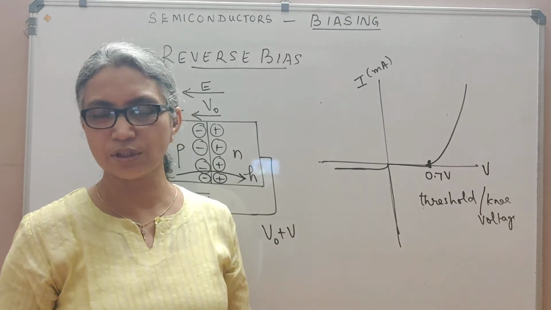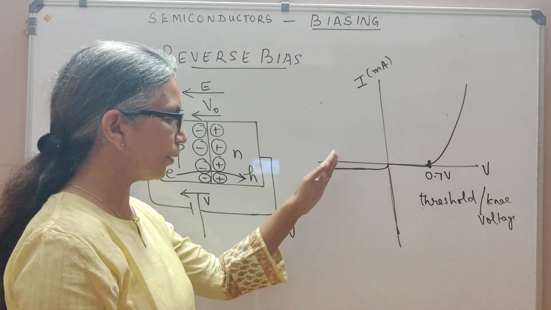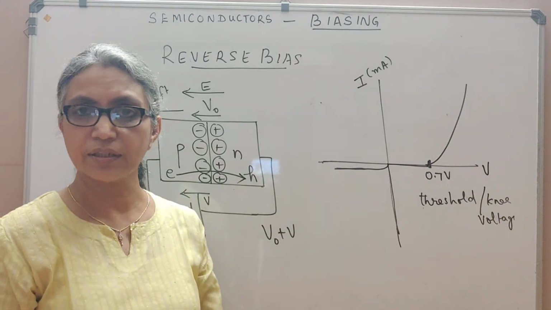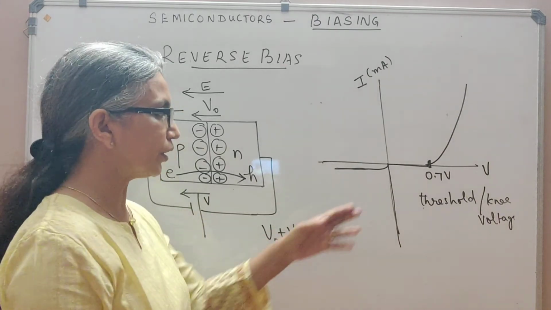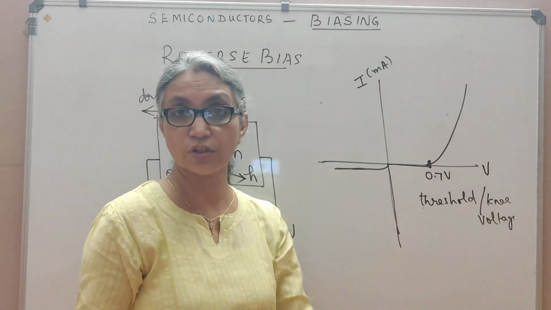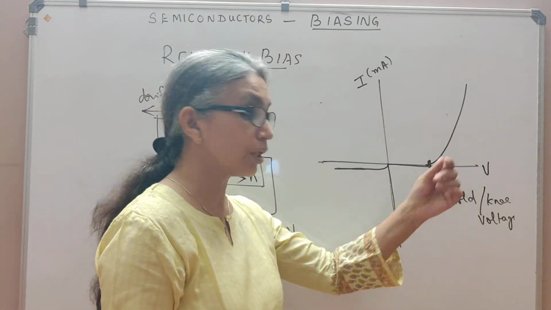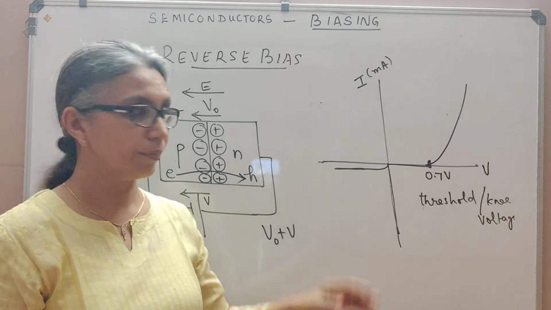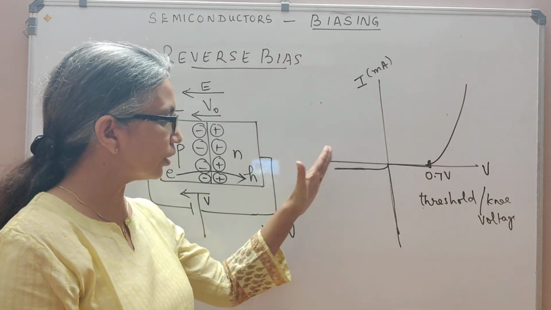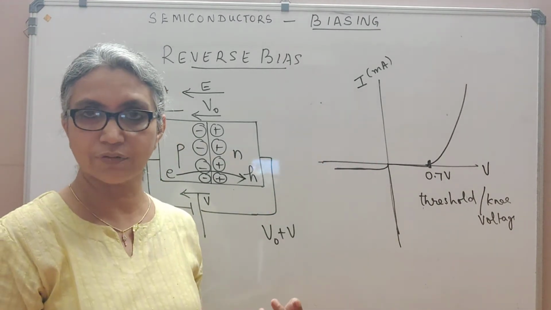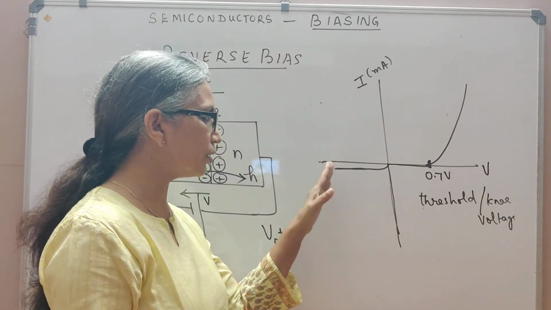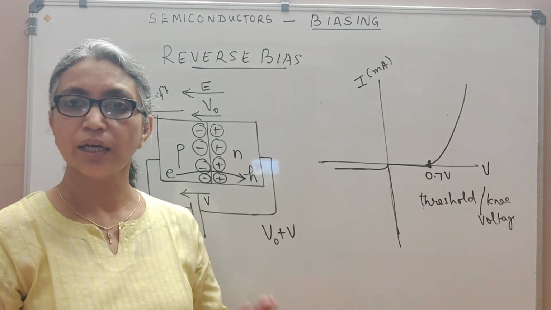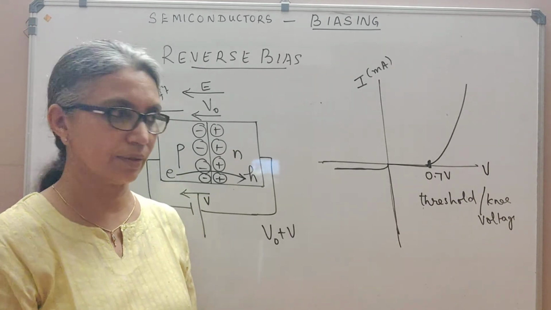It is independent of the voltage applied, because however much you increase the voltage, the current is only due to minority carriers which are small in number. So there is no point. In the forward case, it is due to majority carriers, so as you increase the voltage, a large number of majority carriers are available, and so you have a large current. But in this case, even if you increase the voltage to a large value, the current does not increase appreciably because it is due to minority carriers, and the number of minority carriers is small in the semiconductor.